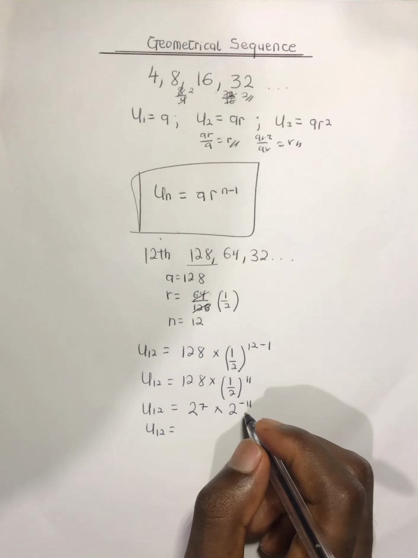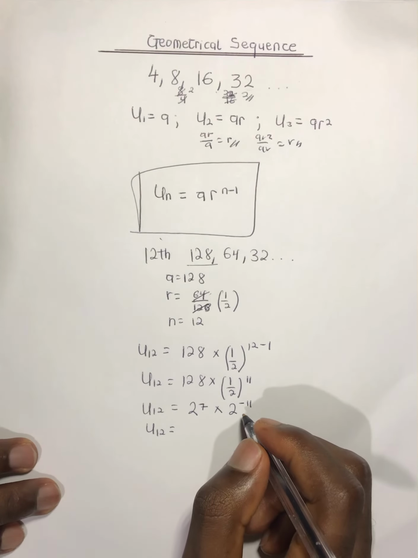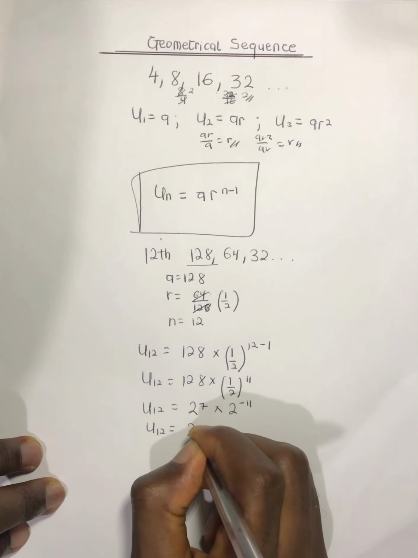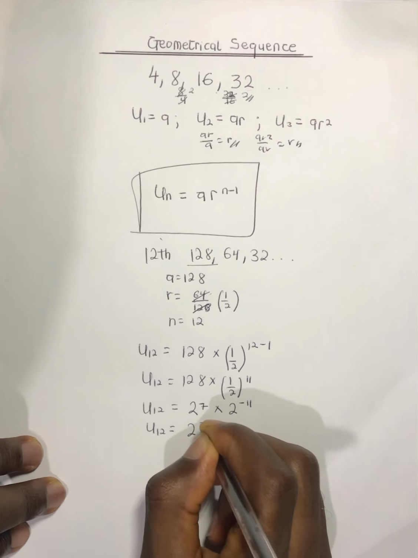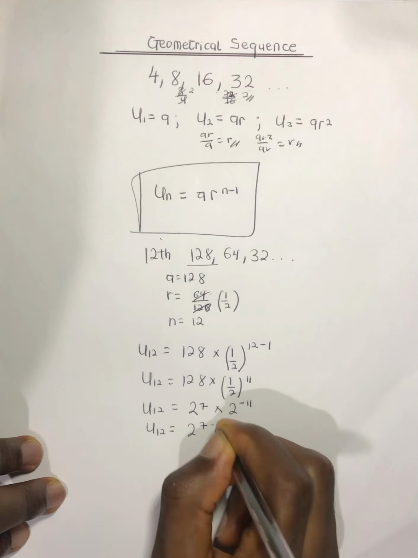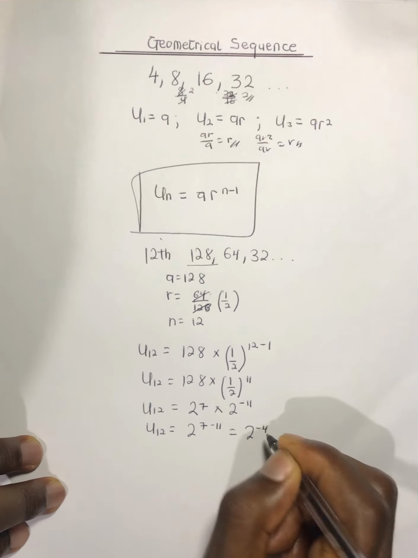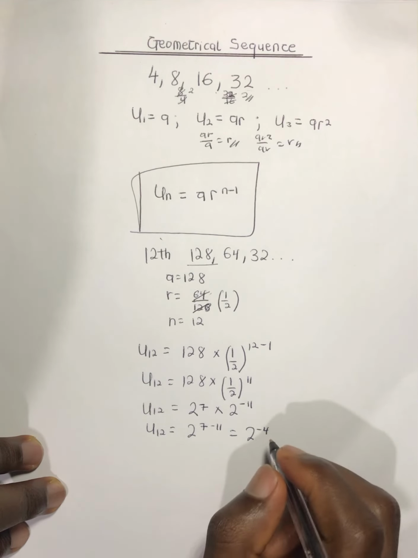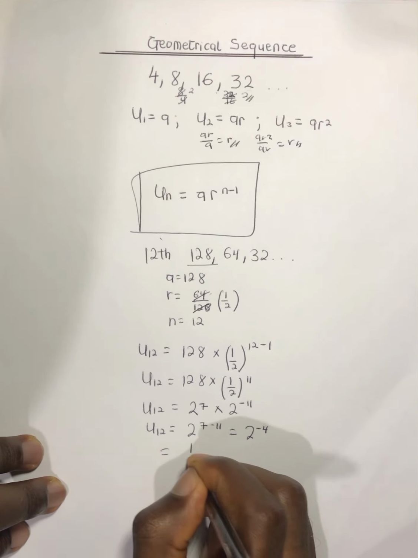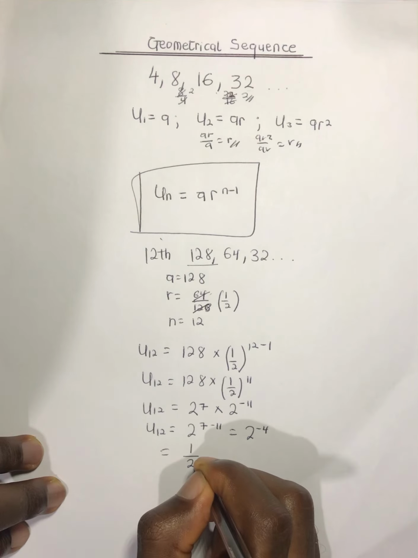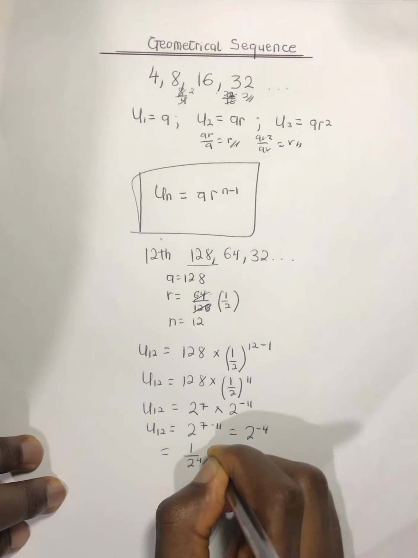Again, since they are multiplying with a common base, we can simply add their powers together. So we obtain 7 minus 11, giving us 2 to the power negative 4. Now, 2 to the power negative 4 is equivalent to 1 over 2 to the power 4, which is, of course,